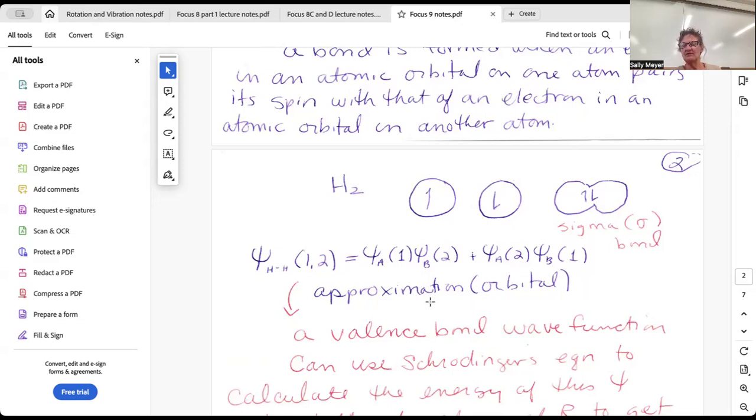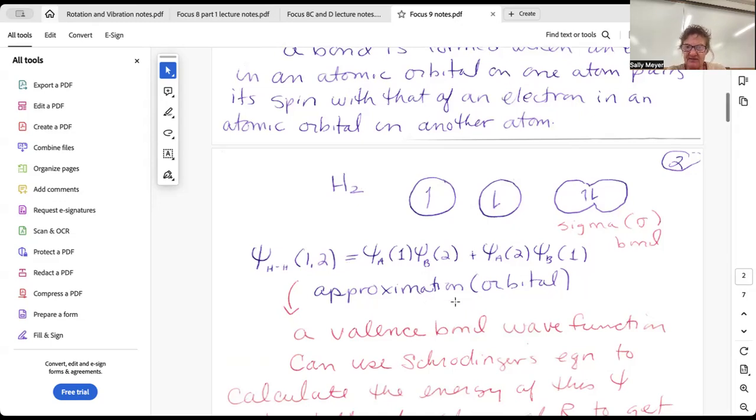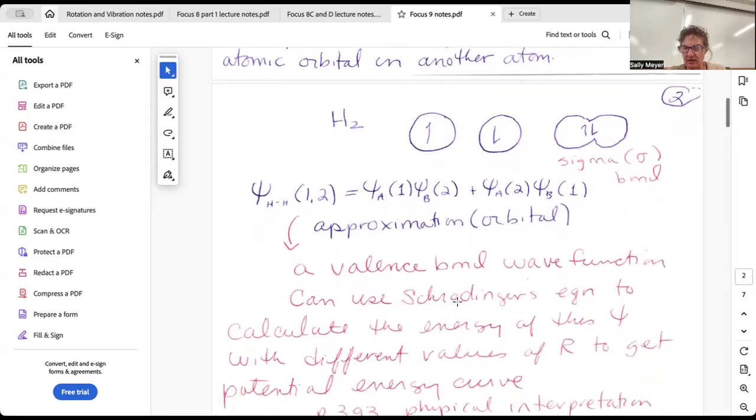So there is a high probability of finding that negative charge that will attract both of the nuclei and hold them together. Valence bond theory is really taking advantage of this idea of the orbital approximation. So for the wave function for the hydrogen molecule, on the left-hand side,